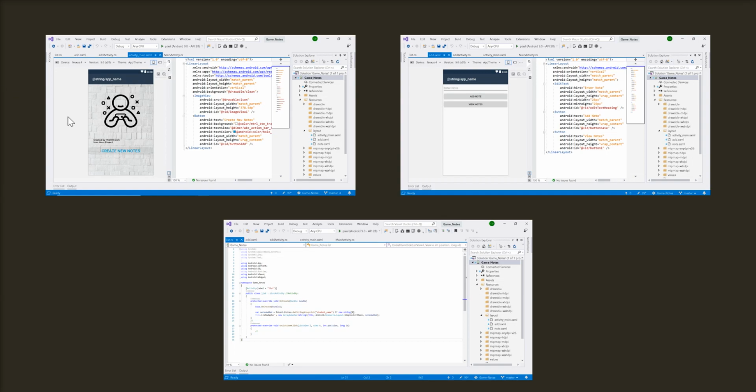So the first home page has been changed compared to last week. It's now got a background image, and I played around with the drawable files and the different sized folders as well for different screens. So an icon's been set for the home page, and then you have the option of creating new notes. Once pressed, it'll take you to the next activity where you'll type in your note